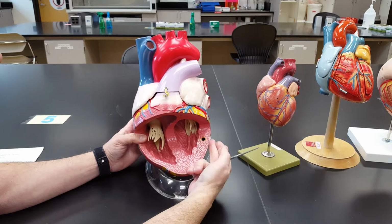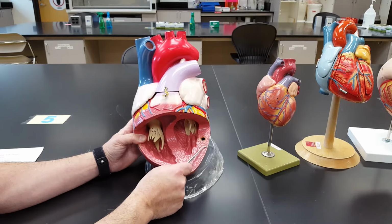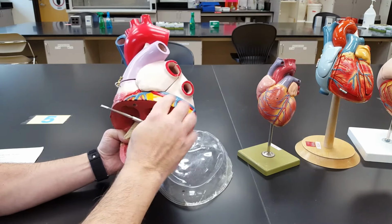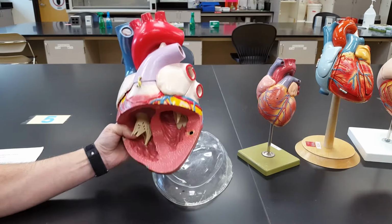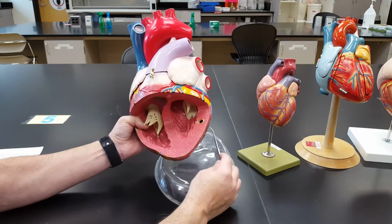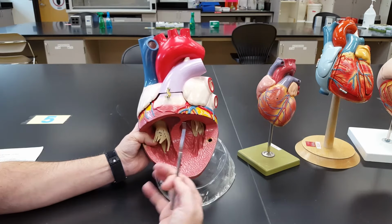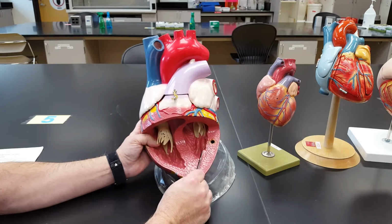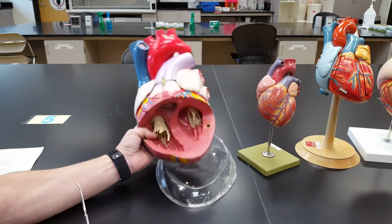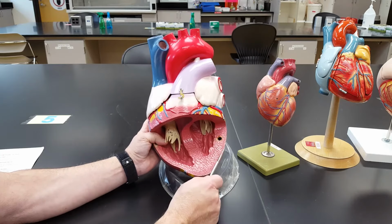The epicardium, out here where my finger is, let me use my pointer, the most superficial layer of the heart wall, it's the epicardium that actually uses a little bit of connective tissue to hold these coronary vessels down onto the surface of the heart. So epicardium, out here, most superficial, myocardium, and then the endocardium, the internal layer, I can see here looking a little bit shiny. It's where I have lots of what we call endocardial modifications, the papillary muscles and the cords and the valves and so on. So, epicardium,